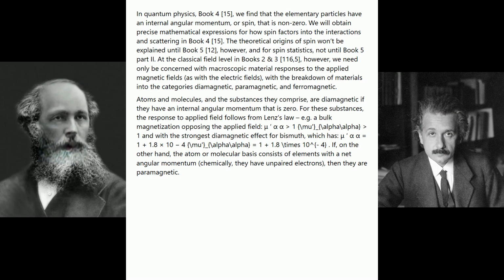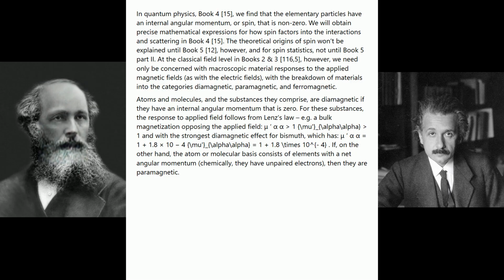In quantum physics, Book 4, we find that the elementary particles have an internal angular momentum, or spin, that is non-zero. We will obtain precise mathematical expressions for how spin factors into the interactions and scattering in Book 4. The theoretical origins of spin won't be explained until Book 5, however, and for spin statistics not until Book 5 Part 2. At the classical field level in Books 2 and 3, however, we need only be concerned with macroscopic material responses to the applied magnetic fields, as with the electric fields, with the breakdown of materials into the categories